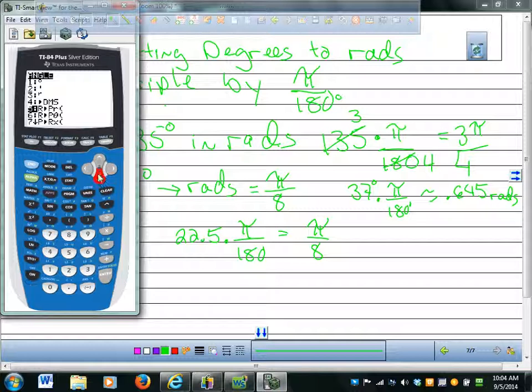Radians, is it R? No, that's not gonna do it. No, I'll figure it out. There's a way. But it's easier to go from radians to degrees. Okay, going the other way,